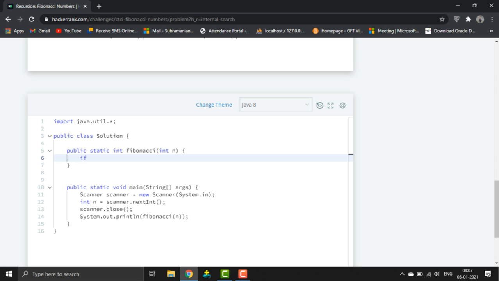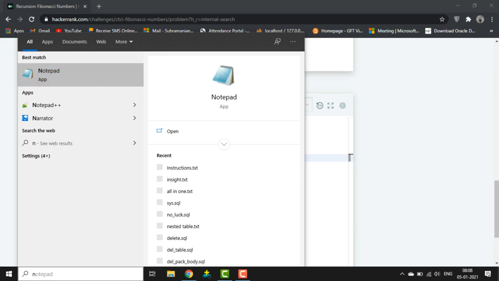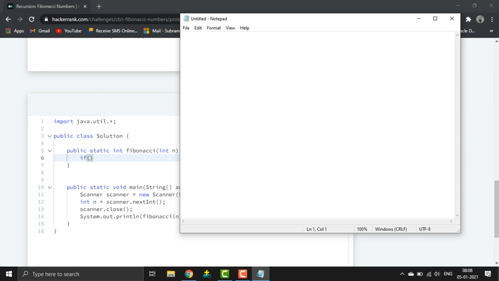As you guys already know what Fibonacci is: Fibonacci is the sum of the previous two elements. Let me just show you how. It's like 0, 1, 0 plus 1 is 1, 1 plus 1 is 2, 1 plus 2 is 3, 2 plus 3 is 5. I think you got it. The sum of two elements gives the next element.